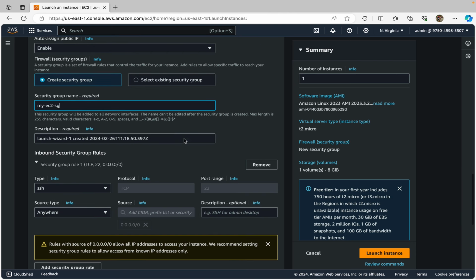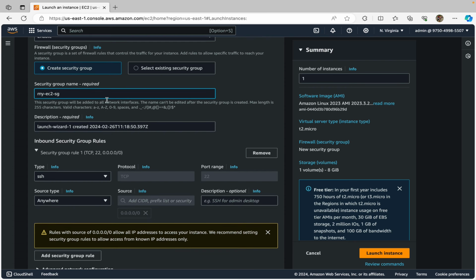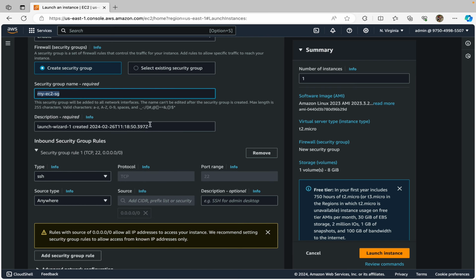And now the description here, I will take the same, just copy this from here and then come down here, and we describe it as the same description